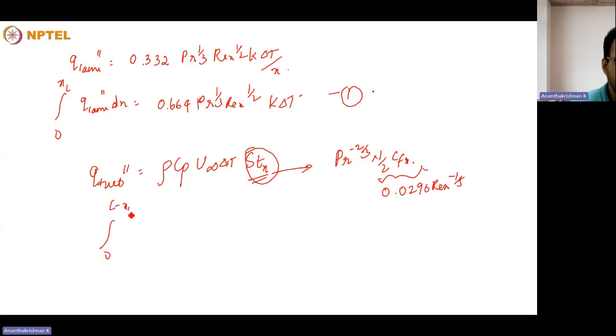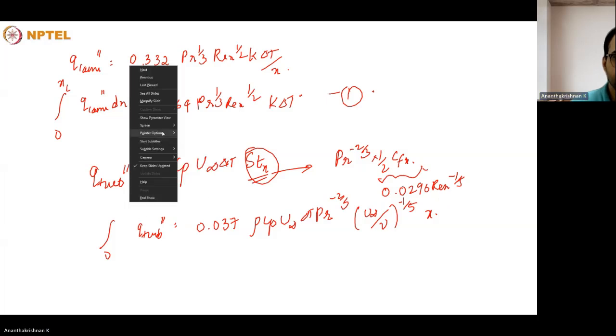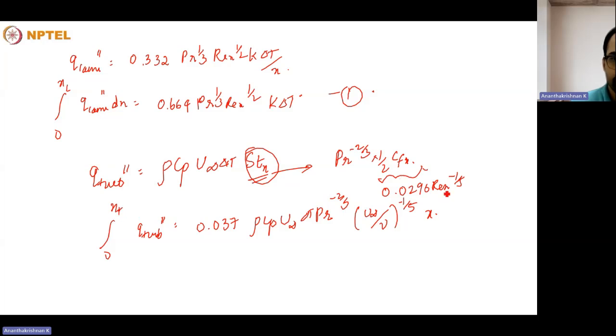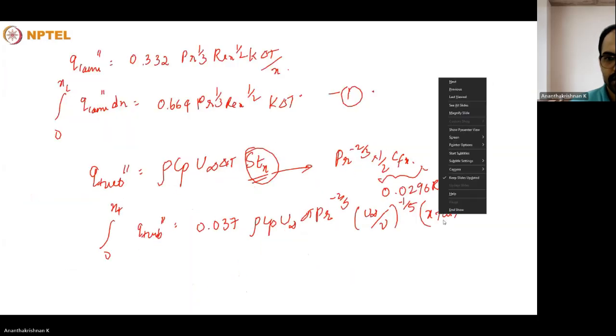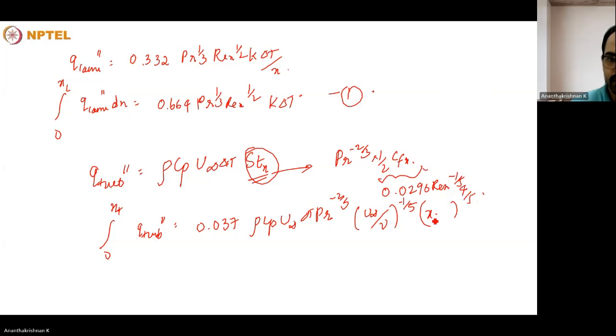when we integrate from 0 to L, Q turbulent, we can write it as 0.037 rho Cp U infinity delta T Prandtl number raised to minus 2 by 3, (U infinity by nu) raised to minus 1 by 5, into X turbulent raised to 4 by 5. So we know the value of Q laminar and turbulent, substituting